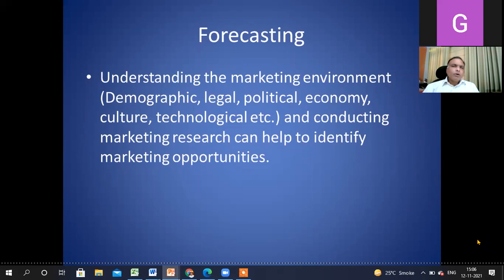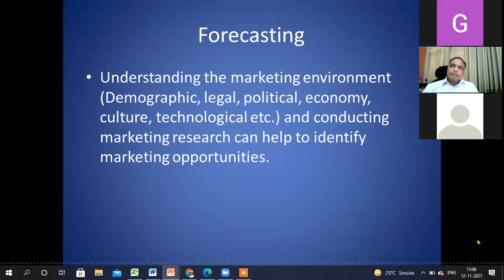Always you will see some kind of issue, some kind of problem, maybe legal, political, economic, cultural, technological, demographic, different issues, different problems. And these problems and issues become marketing opportunities. So, for example, just think of any interior area in India. There you see a lot of people are ready to come. Now the government has developed infrastructure. Next would be, for example, now just think of